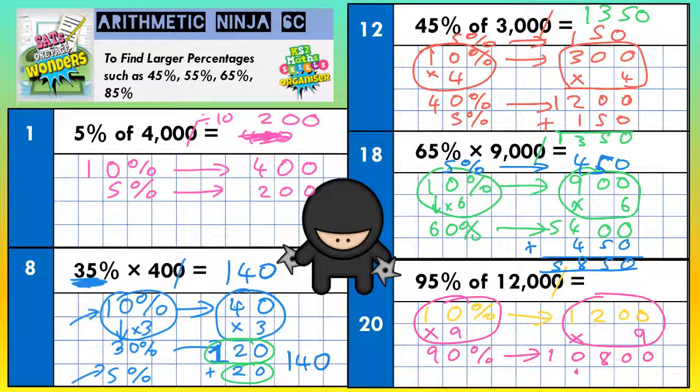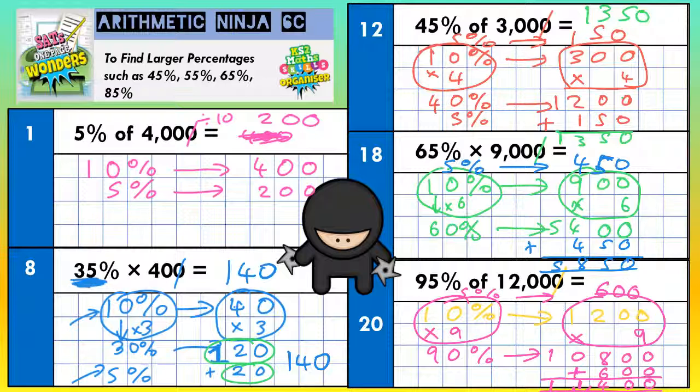Well, 5% is going to be half of whatever 10% is. Well, half of 1,200 is 600. So we need to add on an extra 600 to 10,800. So add those together. See what we get. 0 plus 0 is 0. 0 plus 0 is 0 again. 8 and 6 is 14. Put the 4 in, carry the 1. Nothing plus the 1 I've just carried is 1. 1 plus nothing is 1. Final answer,